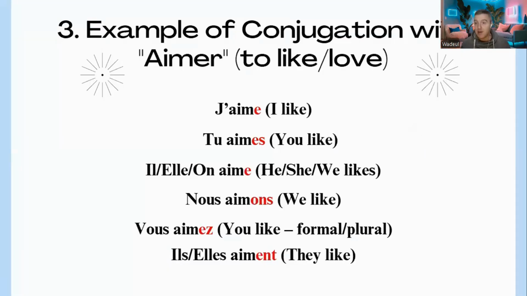Now you have the verb aimer, to like or to love. And the same thing applies here: j'aime. By the way, you cannot say je aime. We don't like to have two vowels side by side. That's why we cut it and we put an apostrophe. So j'aime, tu aimes, il aime, elle aime, on aime. Be careful here, we have a little liaison to do. If you didn't see my video about liaison, I really invite you to watch it. On aime, with the N sound. Here, nous aimons, more liaison. Vous aimez, ils, elles aiment.